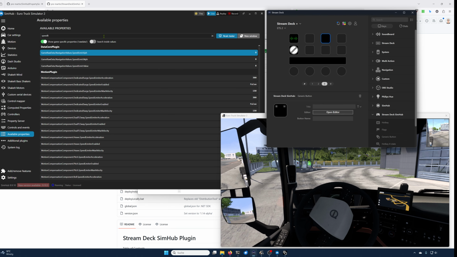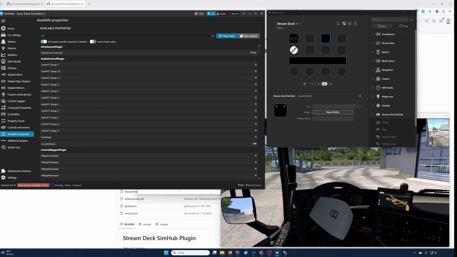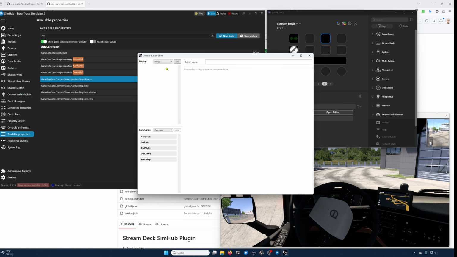And we have to find the property for our rest timer. Next rest stop in minutes. That's in 404 minutes. So we could